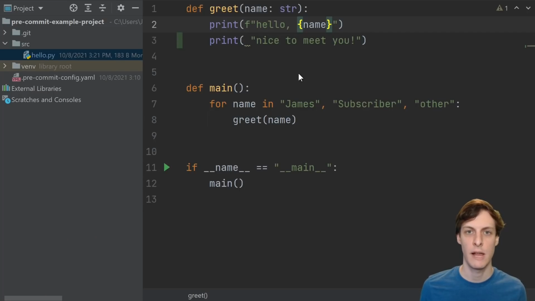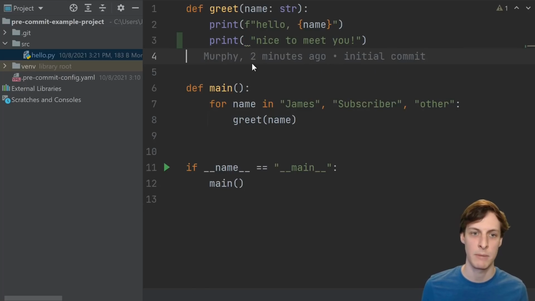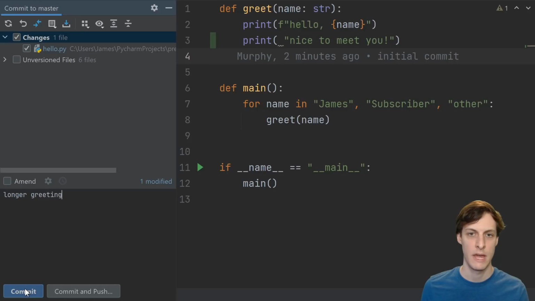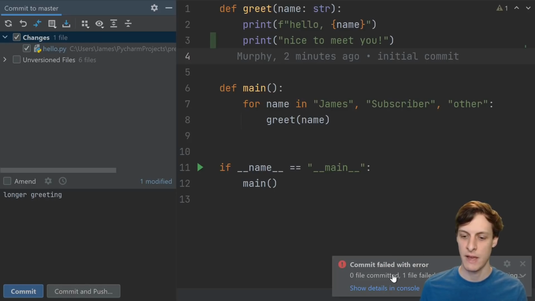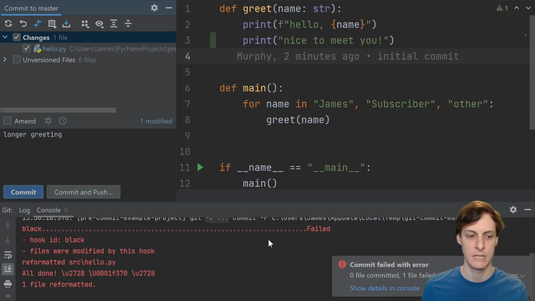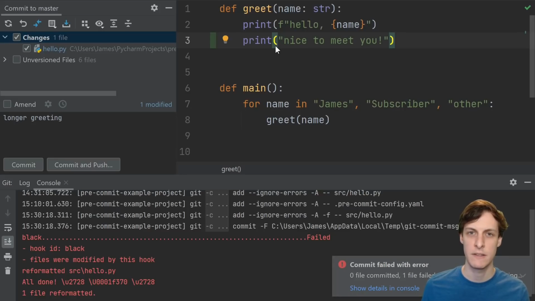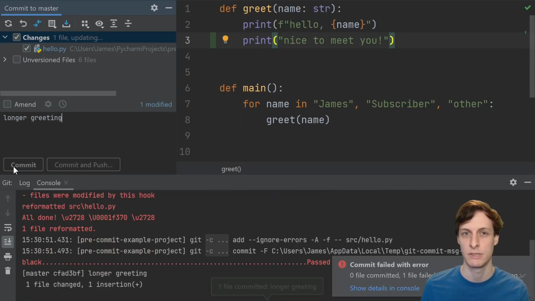Note that some graphical editors like this one, PyCharm, have built-in Git support and they will automatically add tracked files when you try to commit. So if that's the case, then it might look more like this. Here I have a spurious space in there and I'm going to go ahead and try and commit. Then I see the commit failed and I can go to the console to see what errors. I see that it deleted the extra space and then I can just go ahead and click commit again and then this time it will succeed.